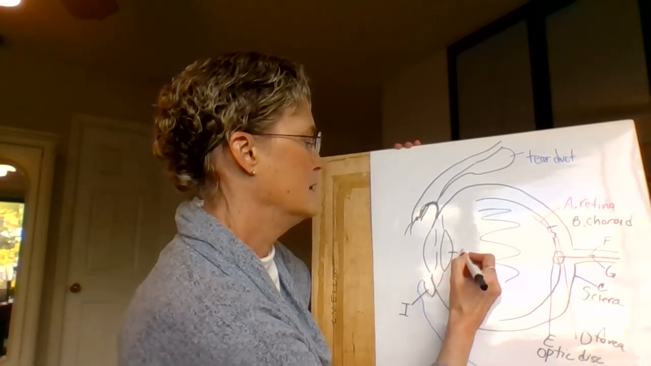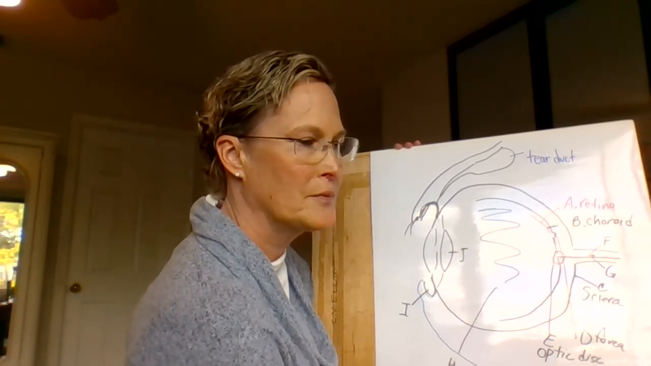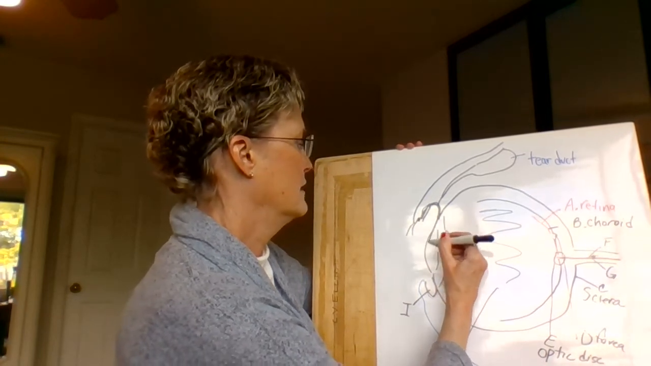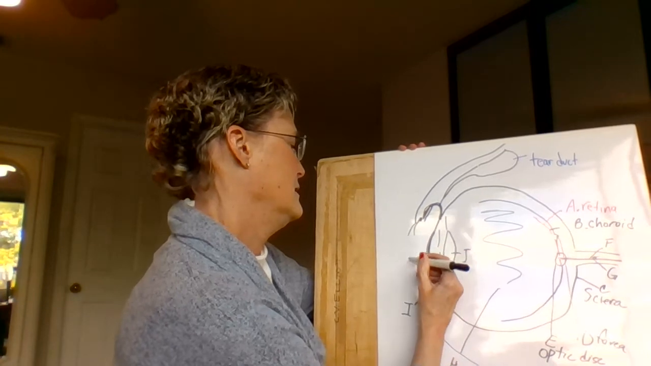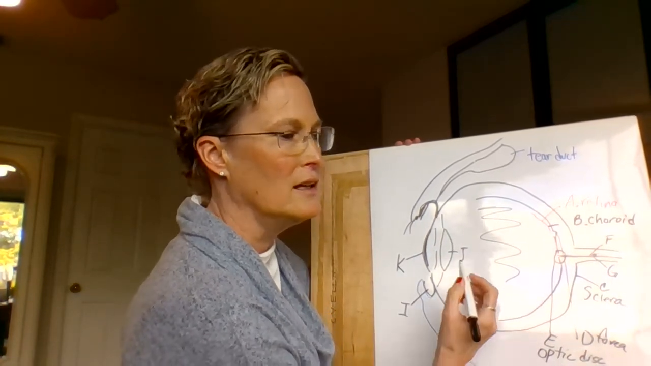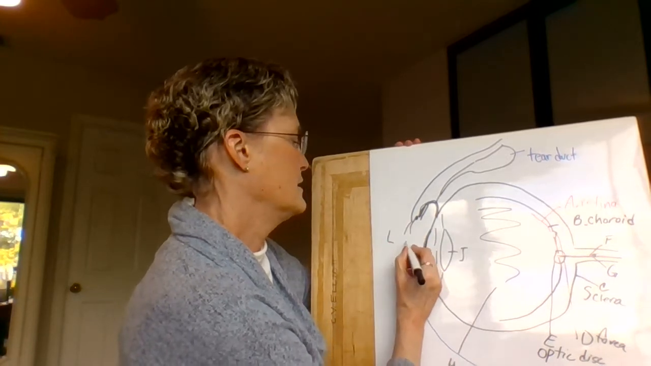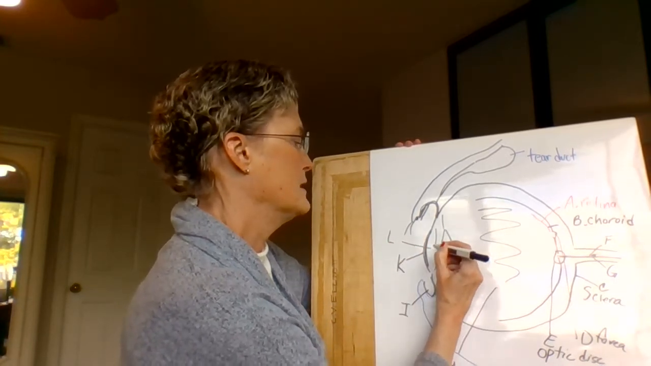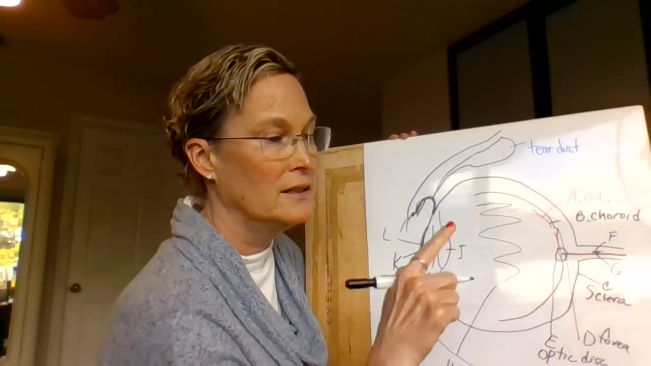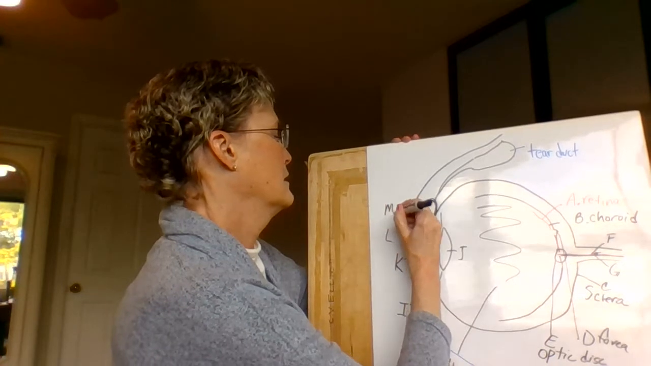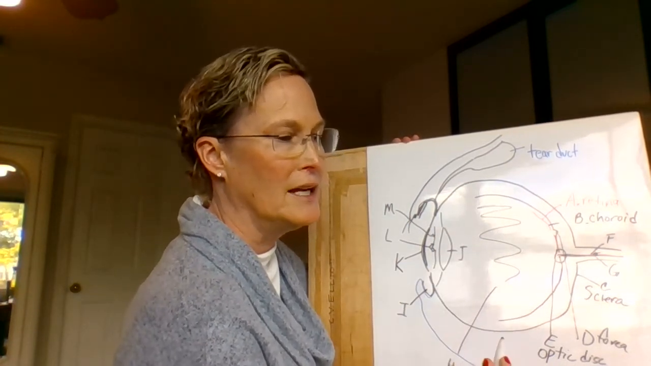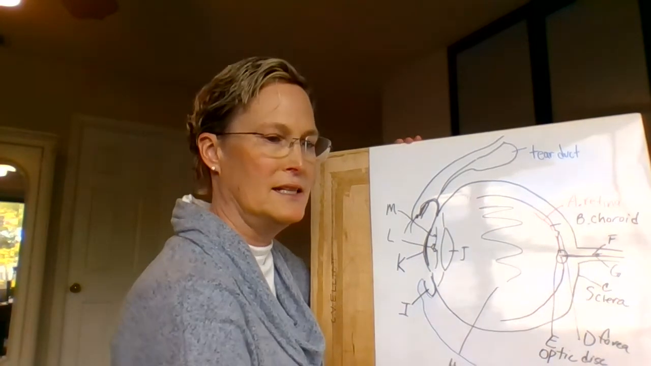J is the lens. K is the cornea. L is the pupil. So this is the space that's open when the M is the iris, the colored part of the eye. And the liquid that's in here,